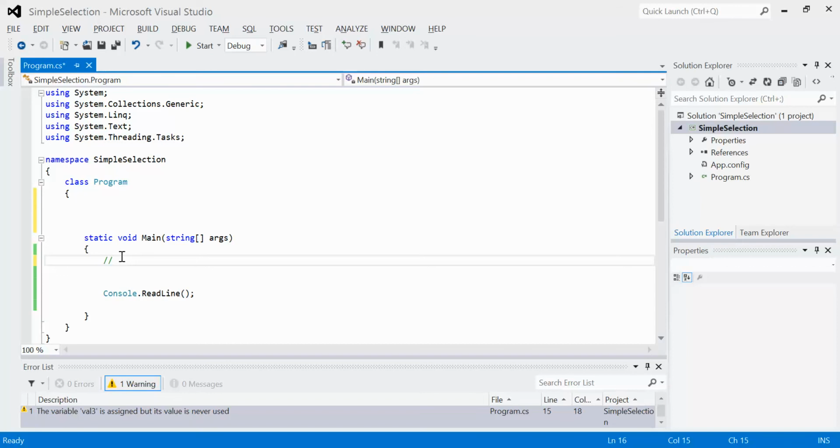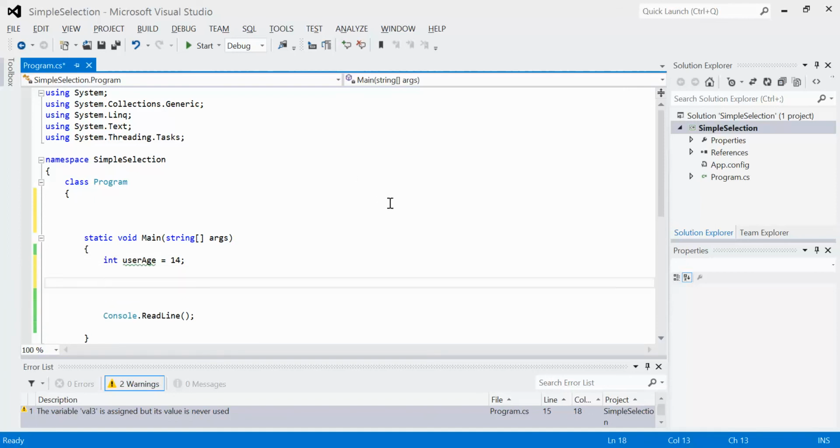So I'm back on my English keyboard here. So for example, I'm going to keep it simple. I'm just going to keep it in the main, and we're going to do our test expression. But to do that, I'm going to create a simple little variable. This is going to be a local variable. So let's say int user age. We're going to give it the value 14. And now I'm going to do a simple little program afterwards that actually is going to test that value. So I'm going to say, well, if user age is greater than 16,